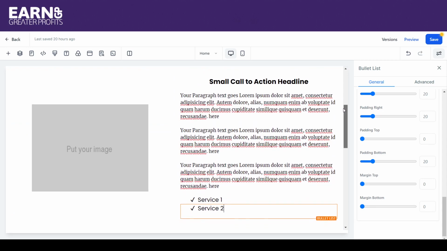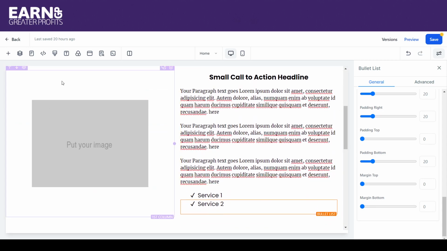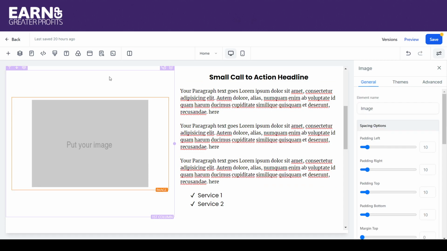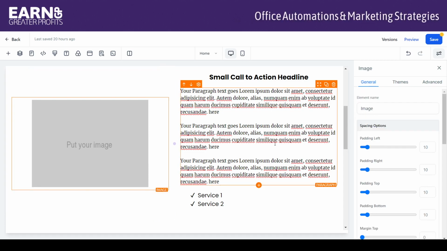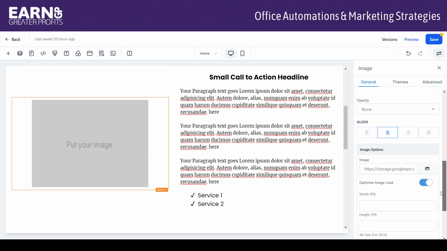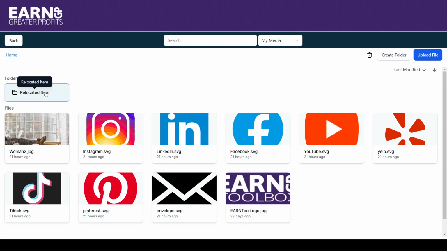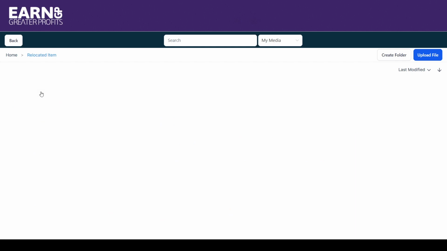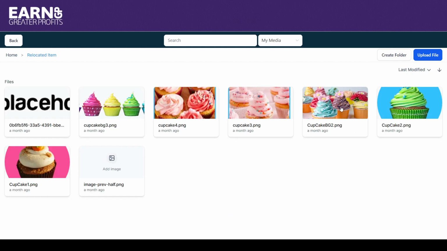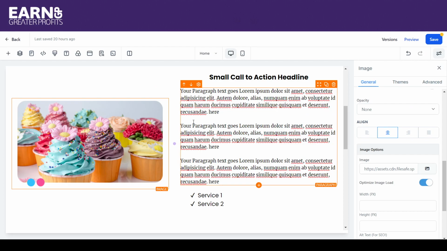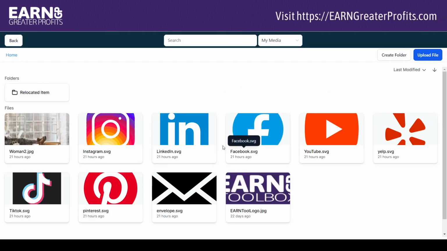All right, and so now I'm going to go ahead and find myself an image. I'm going to scroll down, go to my image options. I think I have one that will work inside here. Let's just use this one. While we're on this, I'm going to go back into the image. This is your media folder. You can upload files from here,